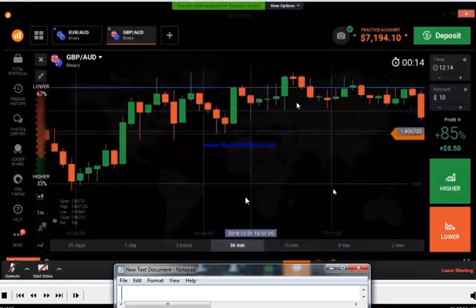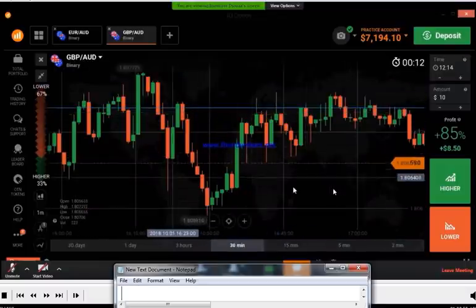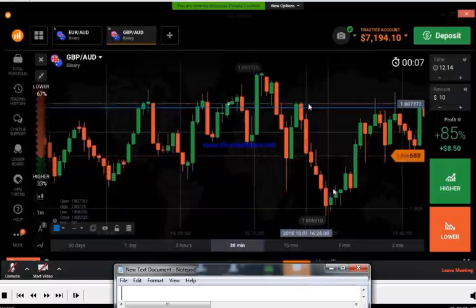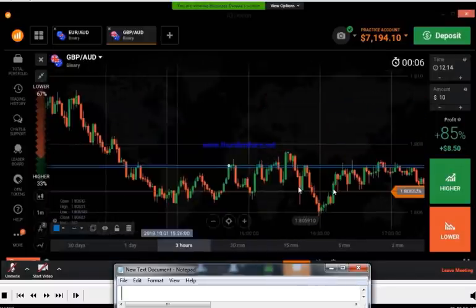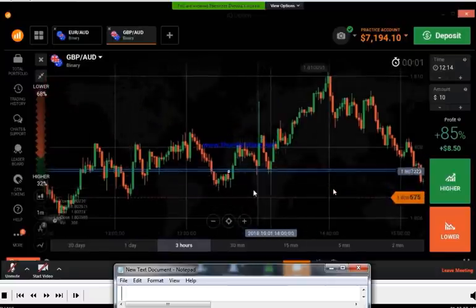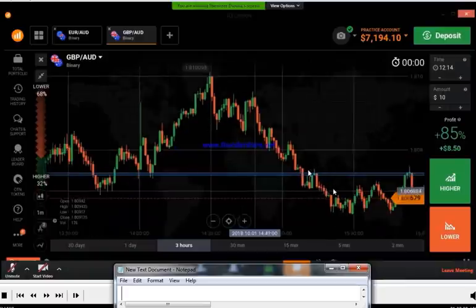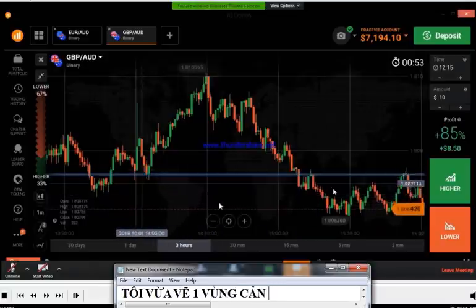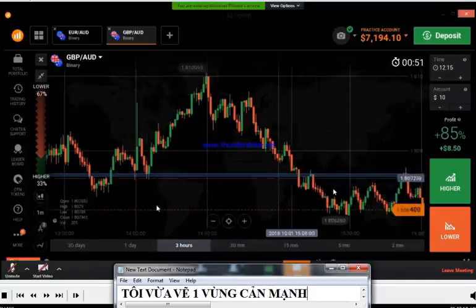Okay, it is working. So this level is working. So you can trade on this level. When the market comes to this level, you can trade, but only in the direction of the trend. If you trade in the direction of the trend, it will give you a good winning ratio. Okay, only in the direction of the trend. This is a downtrend. You can trade here.